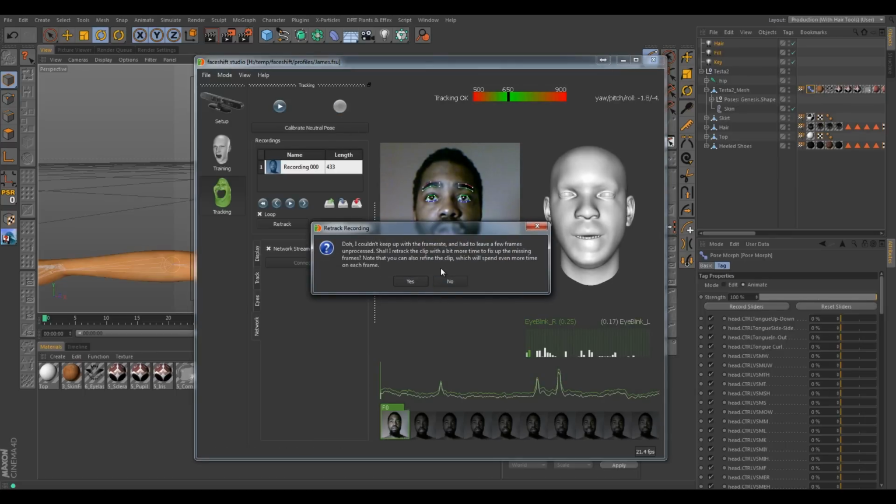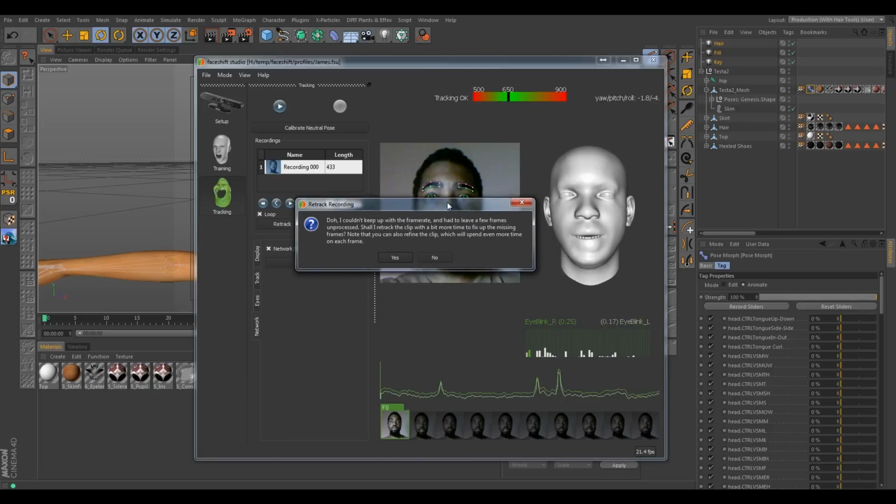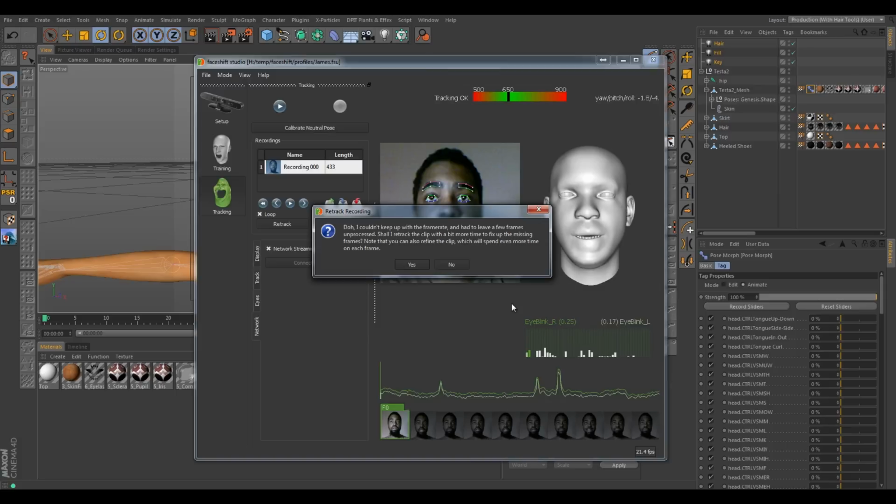And there we go. We've got a recording. It's saying it couldn't keep up with the frame rate, likely because my computer's doing a lot of stuff right now, or the USB channel it's on just wasn't feeding the data as fast as it could.